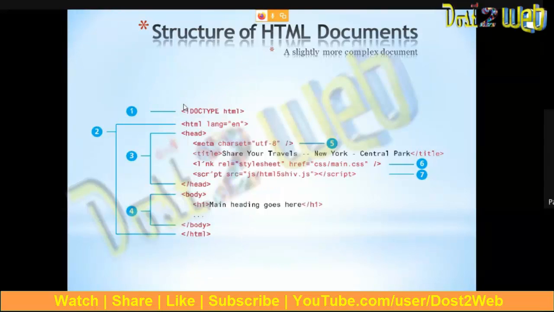You can see I'm using HTML. We are using another attribute here, language equal to English, and you can see I'm also using the meta charset UTF-8, right? So why are we using this? Because whatever characters or fonts we are using, it's required to be set like UTF-8.